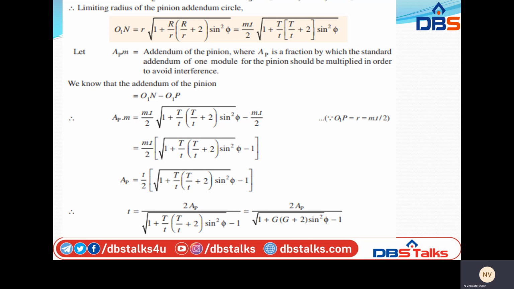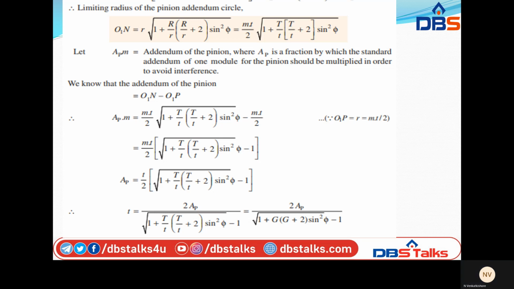So for avoiding the interference, we are creating the fraction at the addendum of the pinion. For that, we are multiplying with the module. So a p m is equal to,